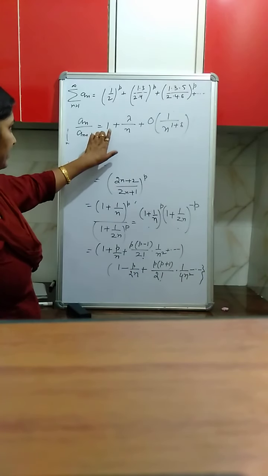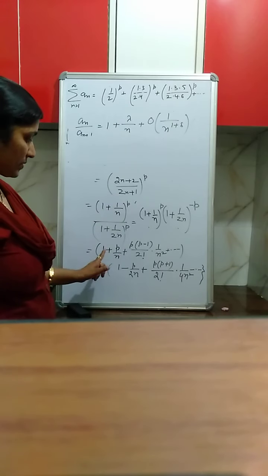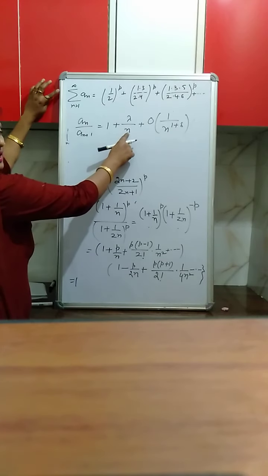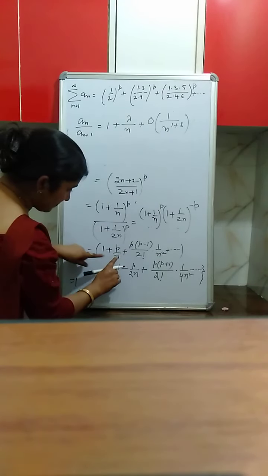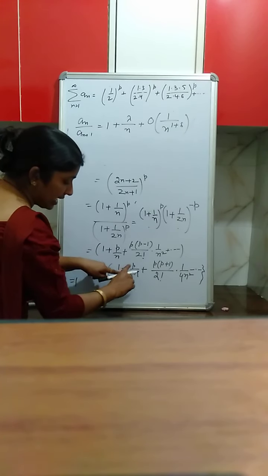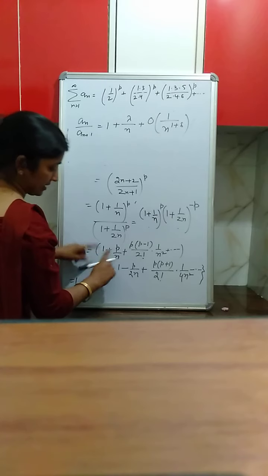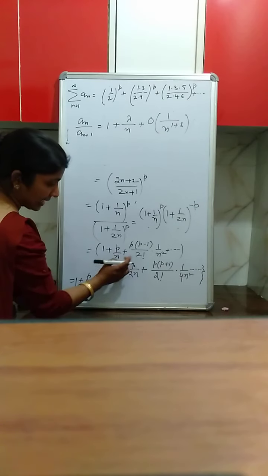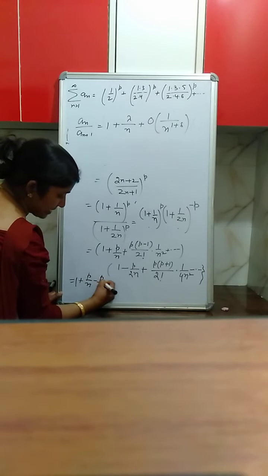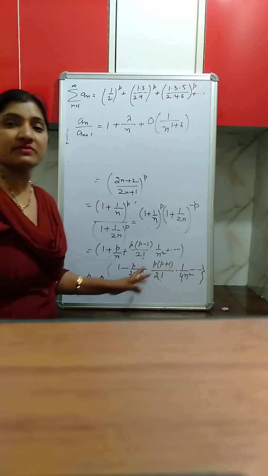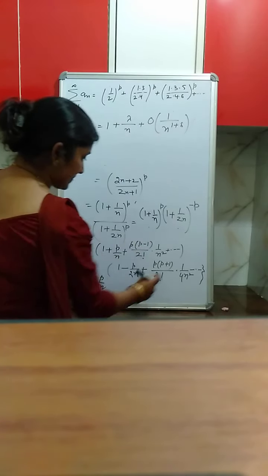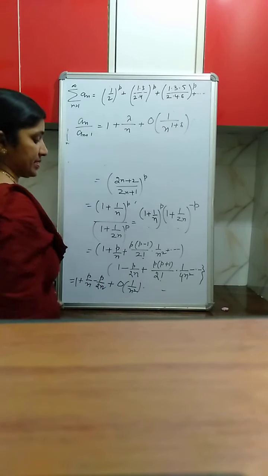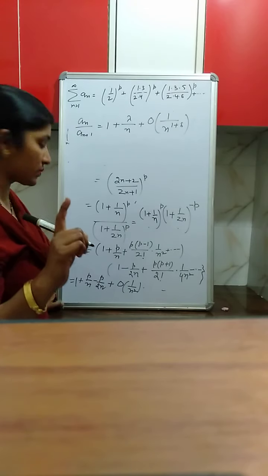Now what we do is multiply this. Okay, 1 multiplied with 1 will be 1. Then the terms containing 1 upon n come from p by n multiplied with this 1 and this p by 2n multiplied with this 1. So it is p by n when multiplied with 1, and this p by 2n will multiply with this, so it is p by 2n. These are the only terms which have the factor 1 by n common. Next, the terms with 1 by n square and higher order terms. Okay, all other terms will contain 1 by n square as common.